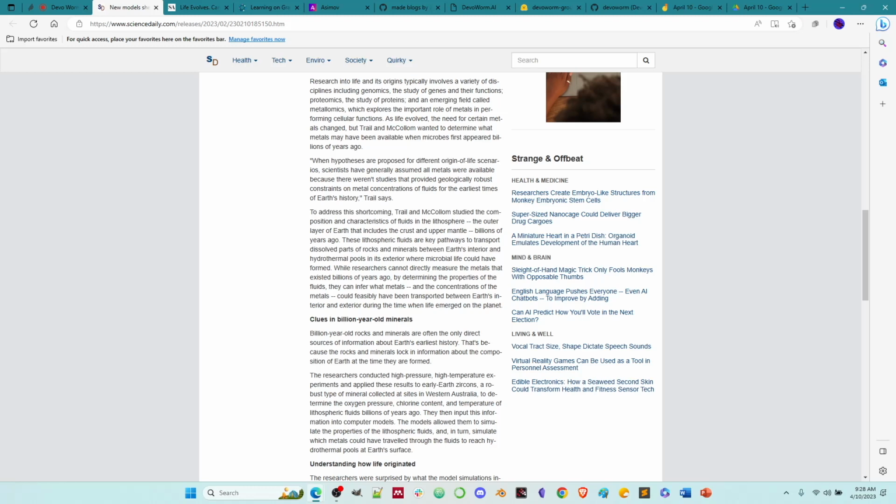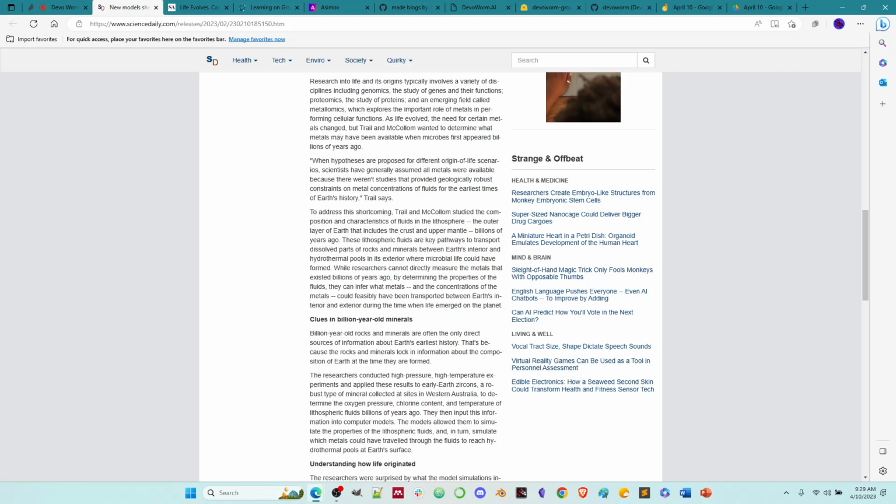To address this shortcoming, Trail and McCollum studied the composition and characteristics of fluids in the lithosphere, or the outer layer of Earth that includes the crust and upper mantle. So this is actually back when the surface of the Earth was forming out of molten lava. This is the lithosphere, and it's cooling but not entirely cooled. So this is where you're getting really early. This is really early Earth,